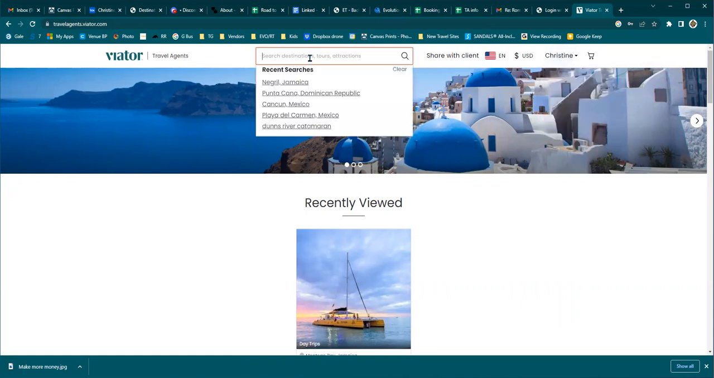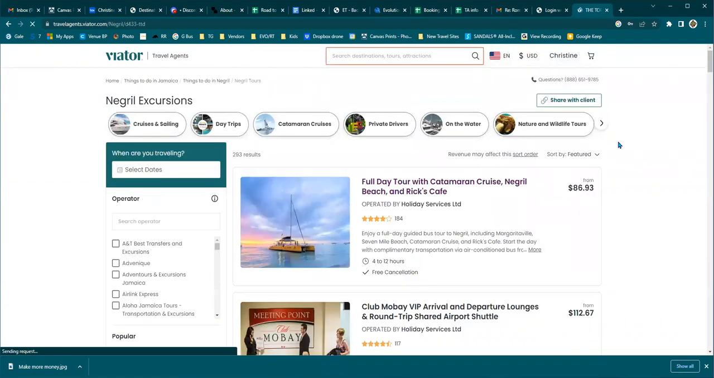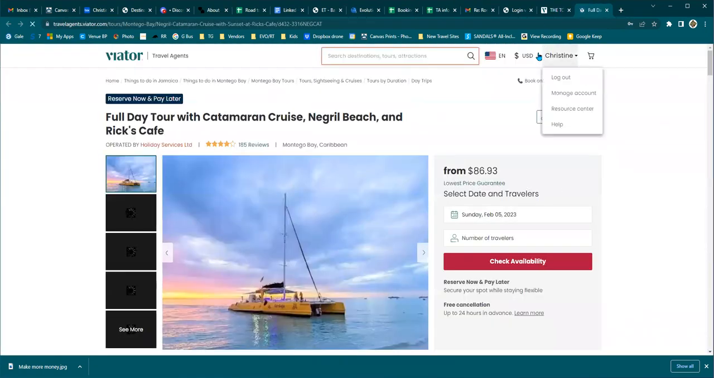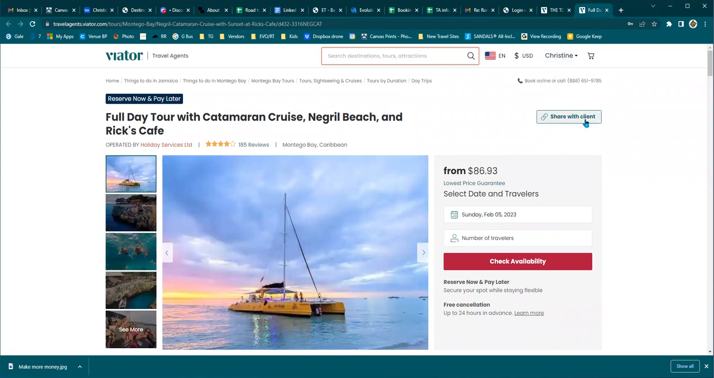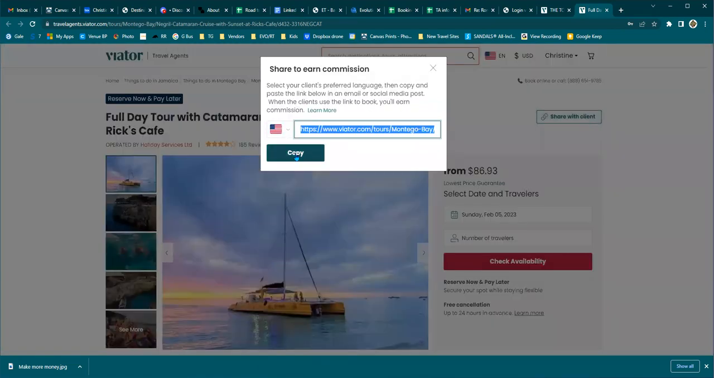And then when you go to share something with your client, you click share with client right here. You can also click into it here. As long as it says your name up here and you click share with client and copy that link,